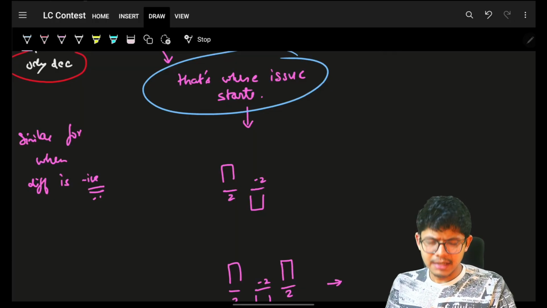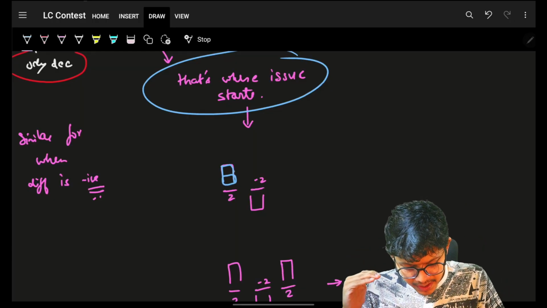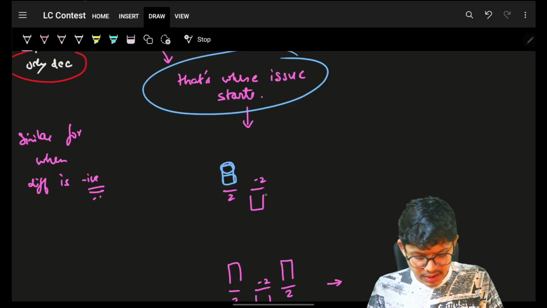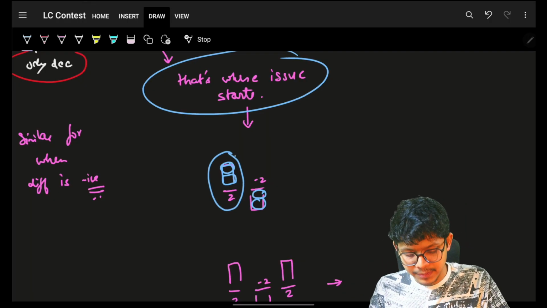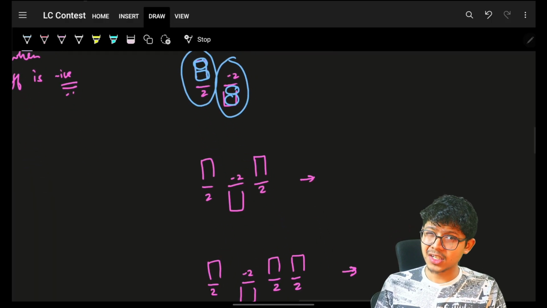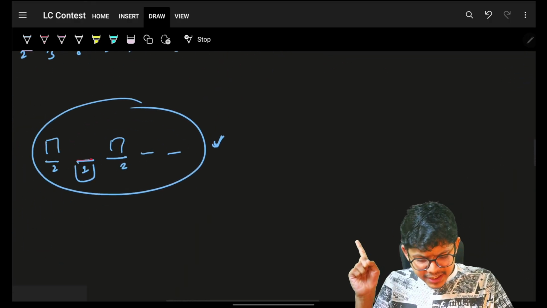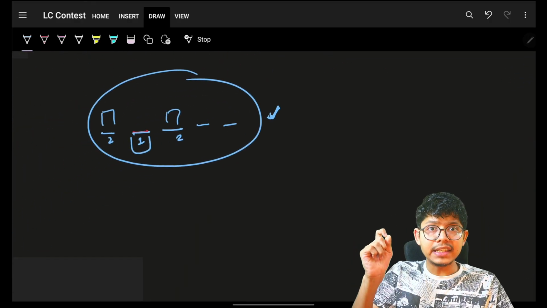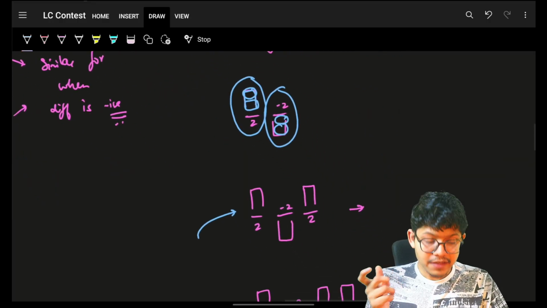Now, it makes sense to handle this positive separately, which means one subarray here, one subarray here. Okay, 2 operations, another here, 2 operations, 4 operations, which means I handled this separately, I handled this separately. Is it required always? Maybe not, or maybe yes, because at this point, when I was trying for only increasing, I was still curious that can't I take the entire subarray? And there we realized